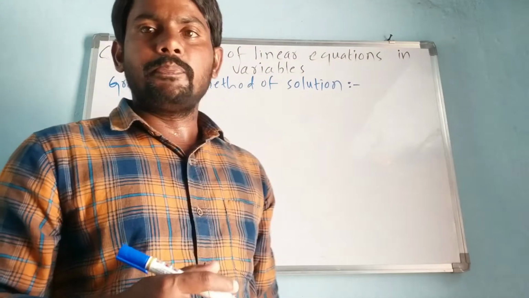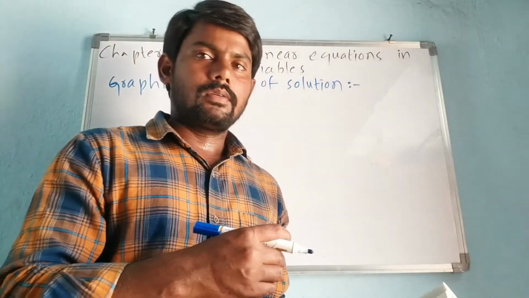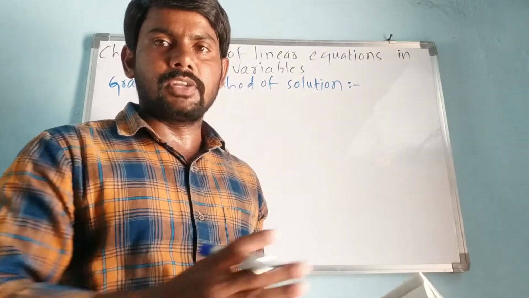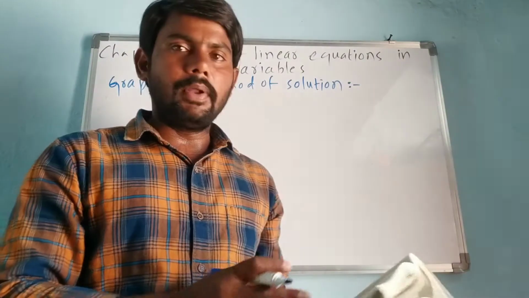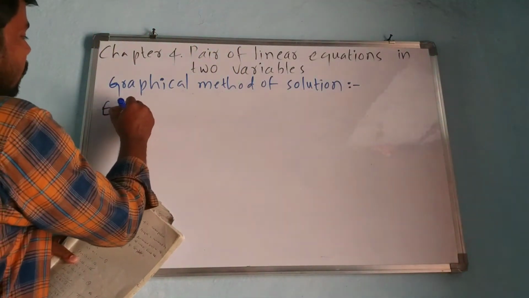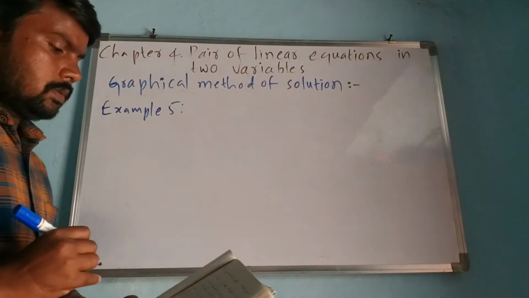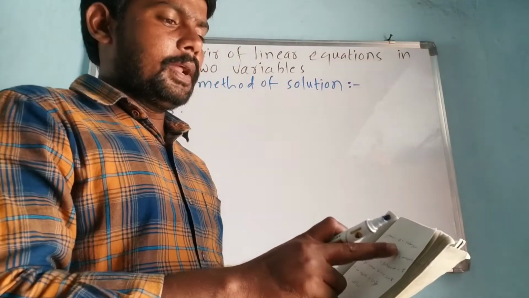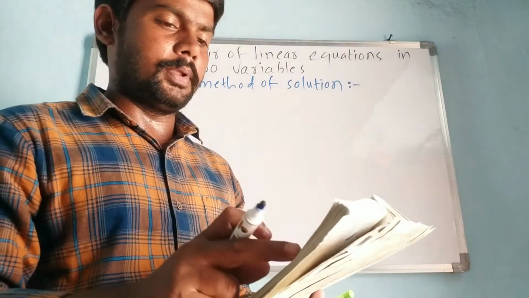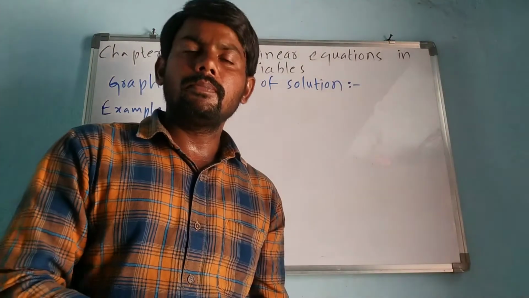From the given data, we have to express the given word problem in expression form. So now what is given here? First of all, example 5. The perimeter of a rectangular plot is 32 meters, and if the length is increased by 2 meters and the breadth is decreased by 1 meter, the area of the plot remains the same. So you have to find out the length and breadth of the plot.